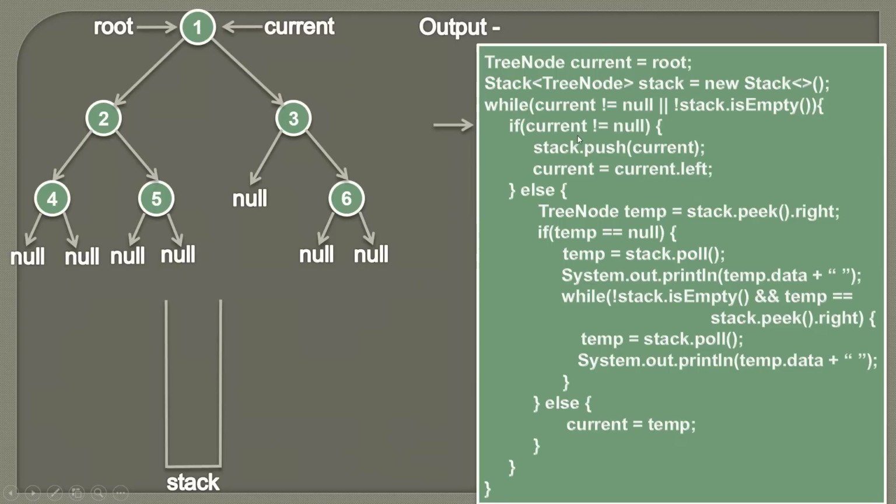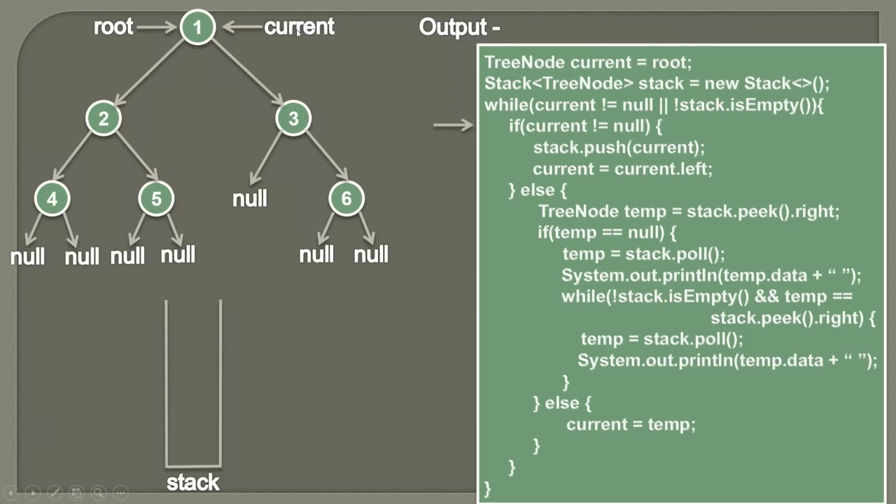So here you can see in the first step what we are checking is that if current is not equal to null, then we simply go inside this if block, or else we perform this logic. Why we are providing this condition here is, let's say current is pointing to a node having data as 1, and let's suppose we want to visit this node. If current is not equal to null, then we can't directly visit this node. We need to first visit all the elements of its left subtree, and then all the nodes of its right subtree, and then only we can visit this node. So current will be null at this location, and when current is null, then we can decide whether we can visit the node or not.